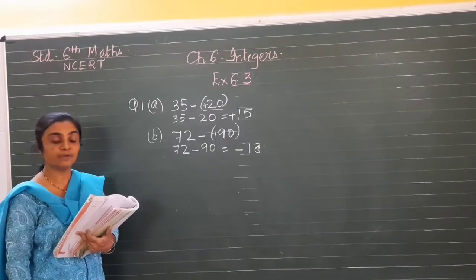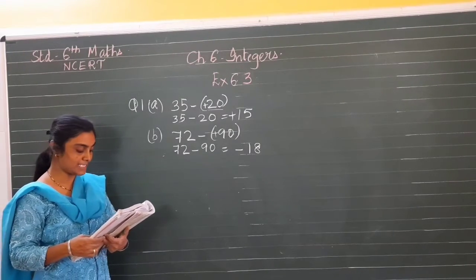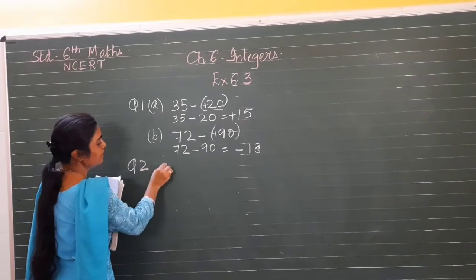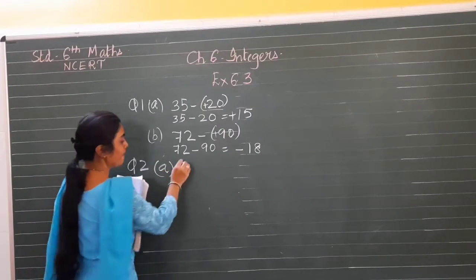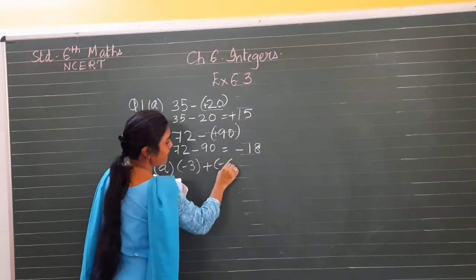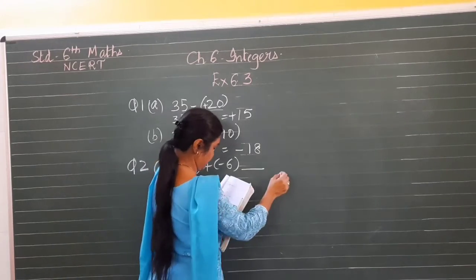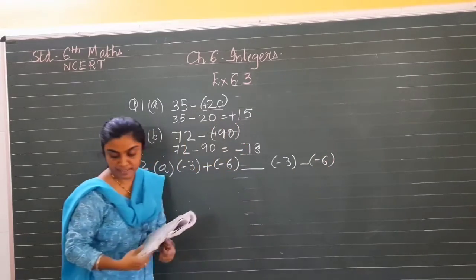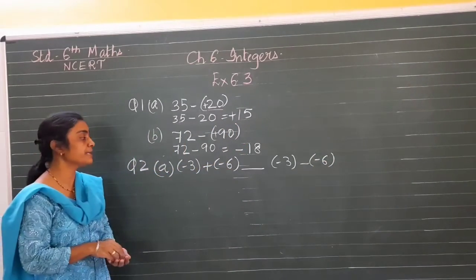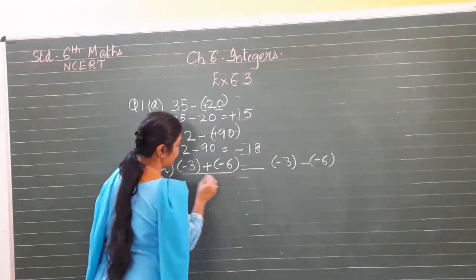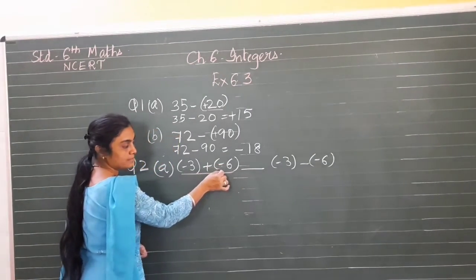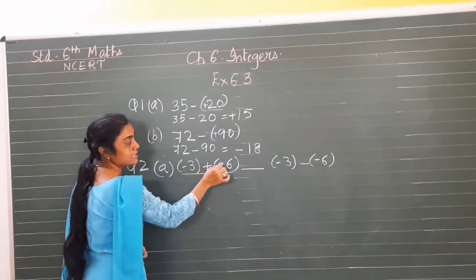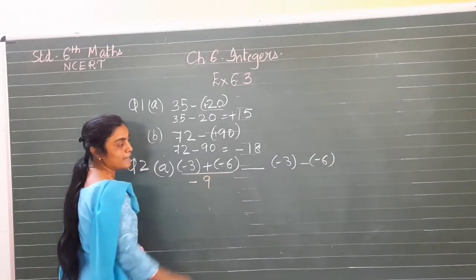Now let us see question number 2. Question number 2 is filling the blanks with a greater than, smaller than or equal sign. Let us see the first one. Minus 3 plus minus 6, minus 3 minus 6. Now let us perform this. We have to see which number is greater, so first we will perform the operation. Here is minus and you have to add the numbers. According to the rule, you have to add if both the signs are the same. So minus 3 minus 6 will be 9 with a sign of minus.